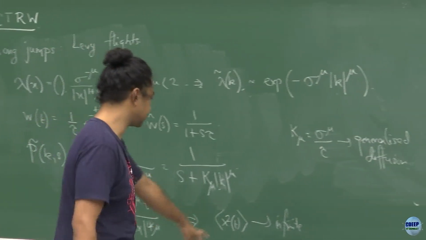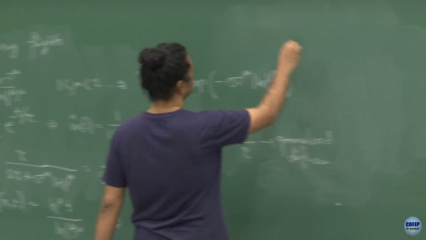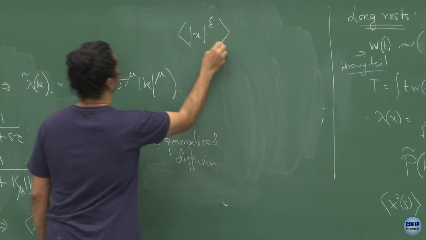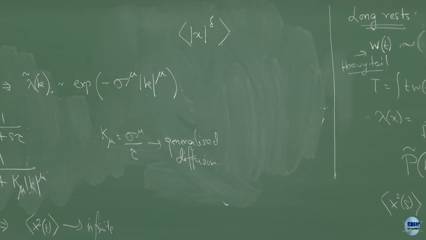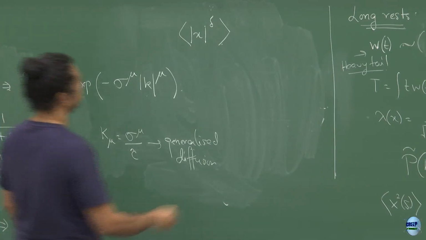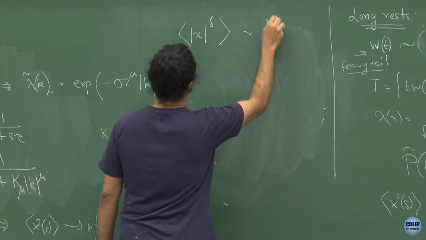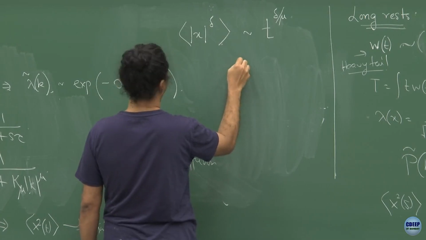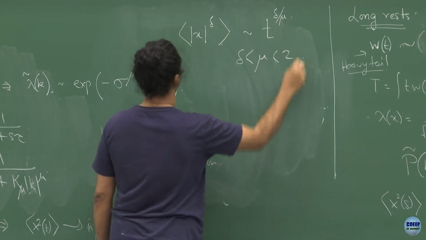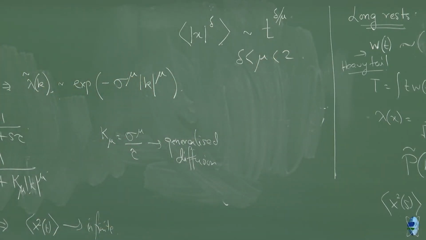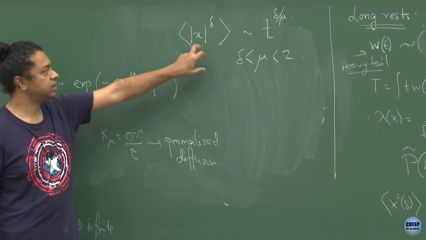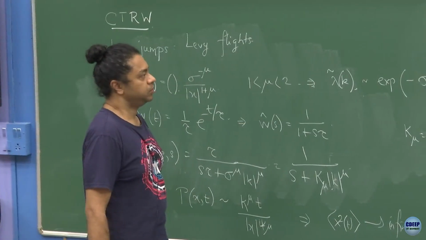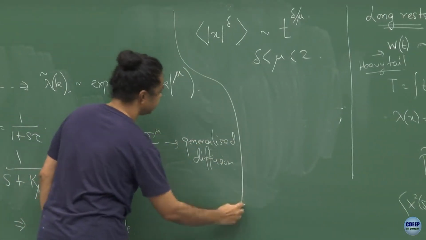So, instead of this x squared of t, you can calculate what are called fractional moments. You can calculate the average of x to the power of delta, and show that this goes as t to the power of delta by mu for delta less than mu less than 2. Okay. So, mu is anyway less than 2, and if delta is less than mu, then you can calculate this average and show that this goes as t to the power of delta by mu, which means you can define some sort of an MSD